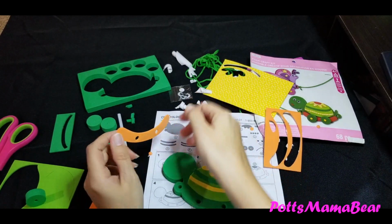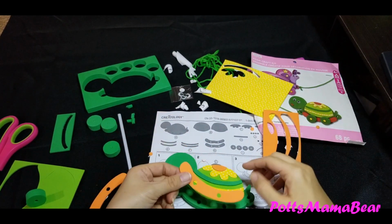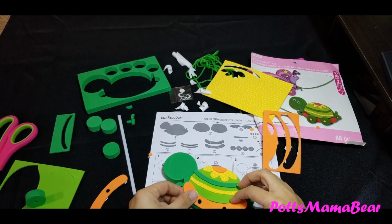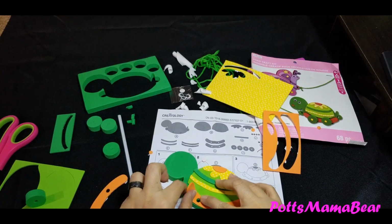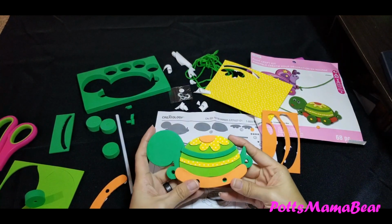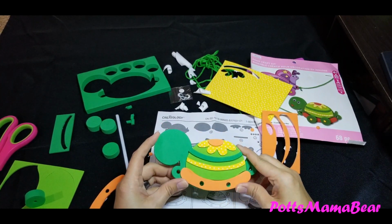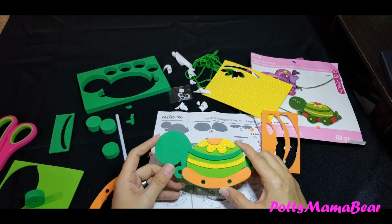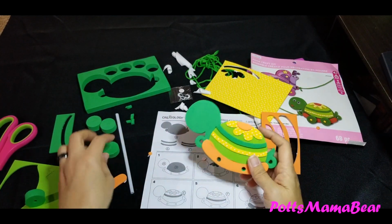Now, it does say for ages 4 and up, but I just figured I would do a video on it for you guys. Okay. So that's how this front is looking now. And then it says to poke out the holes. And then now we're going to